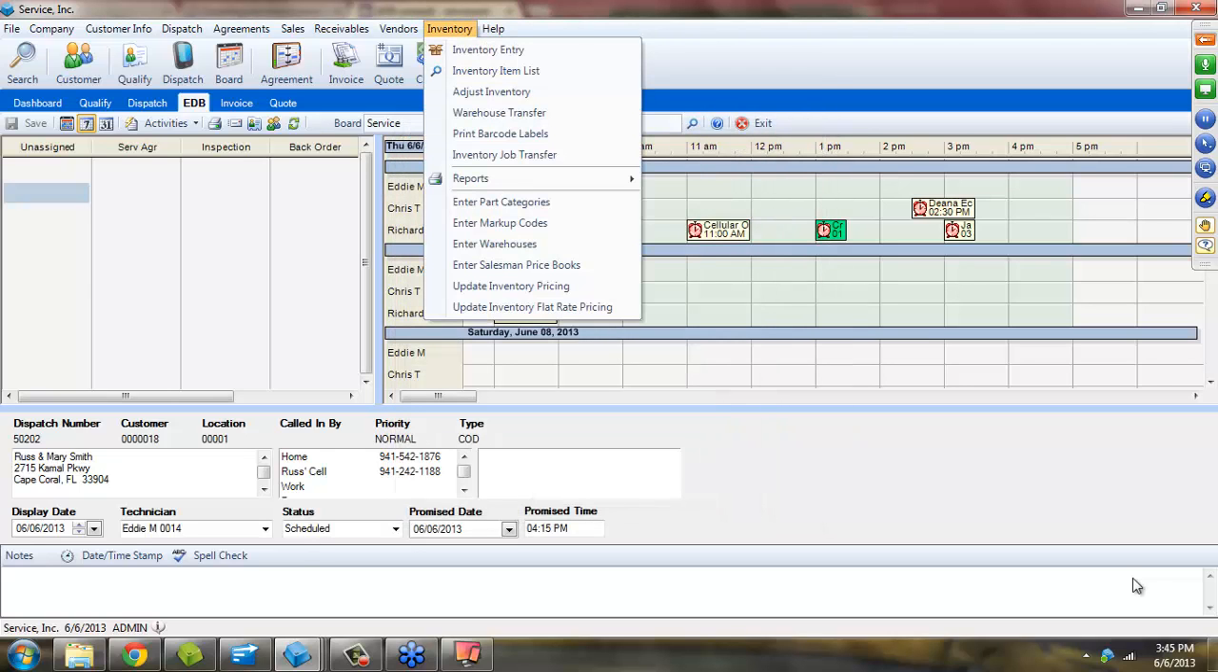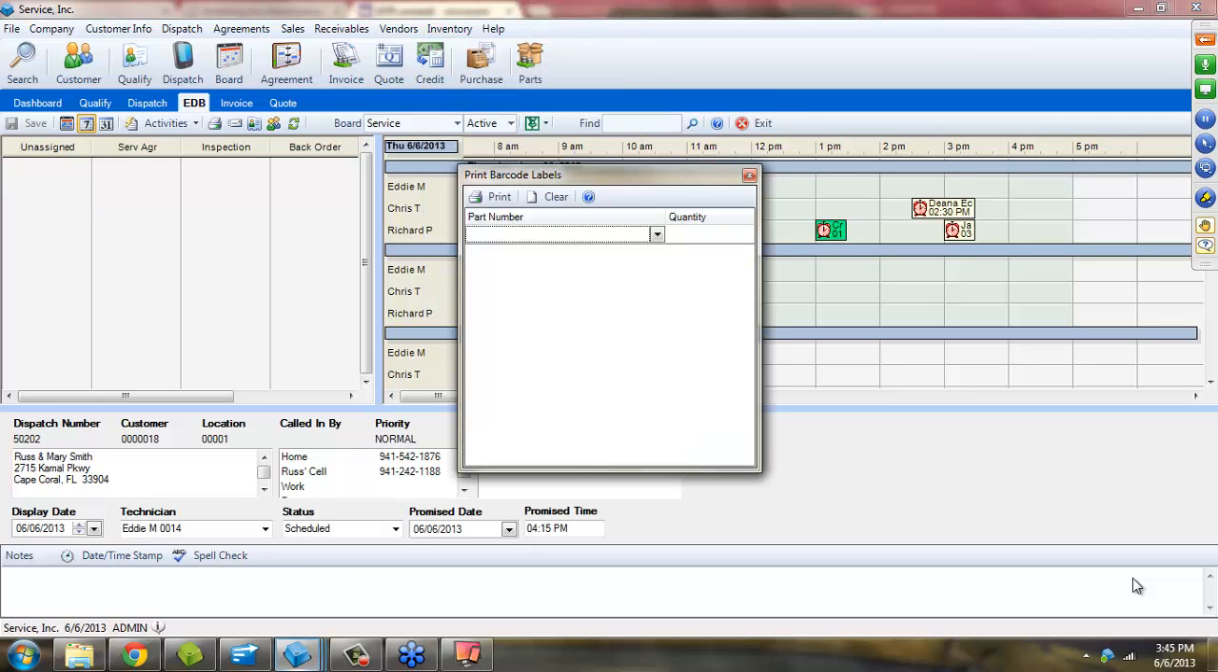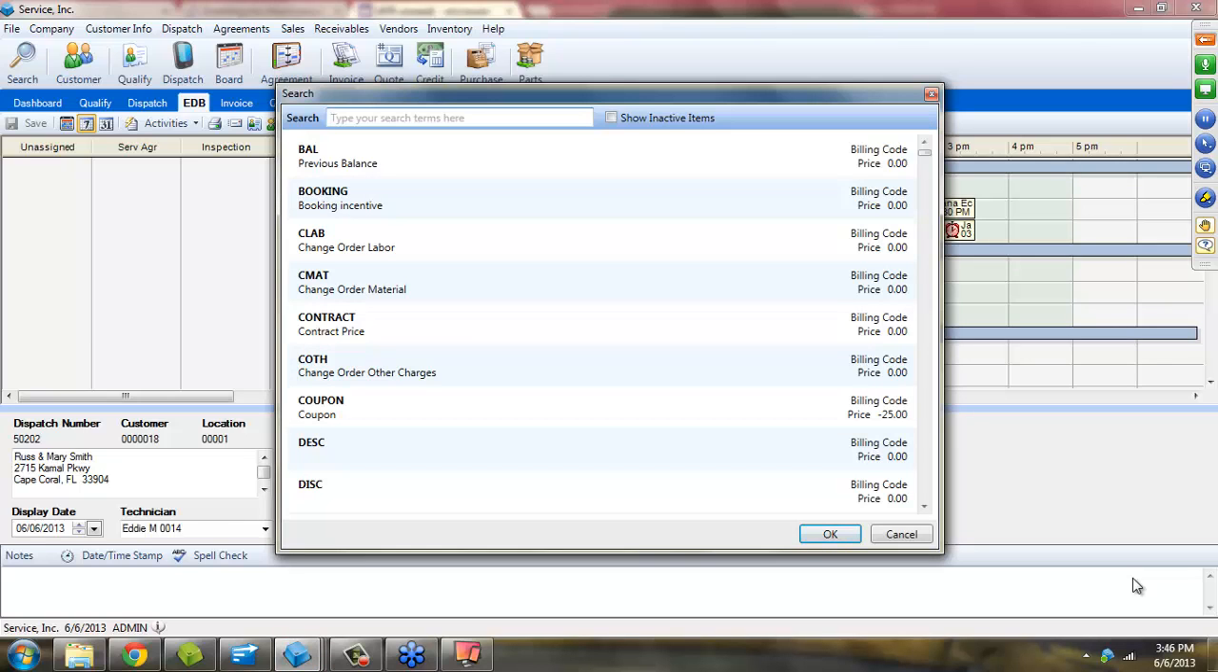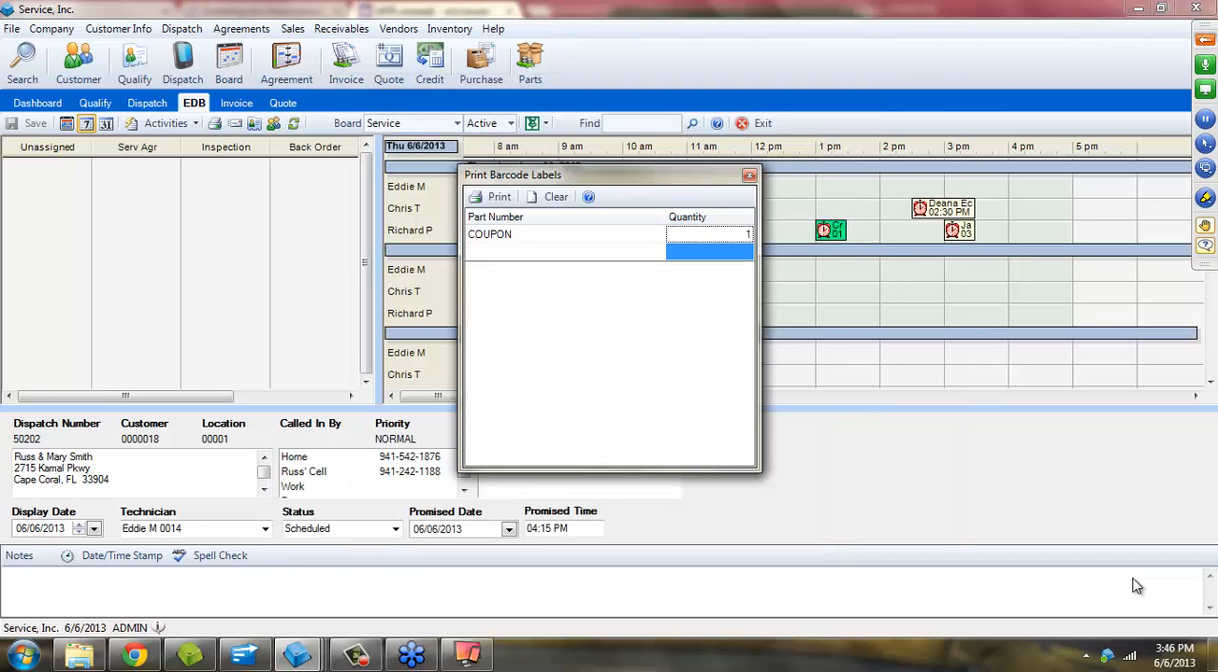I was talking about the QR codes and the barcodes a little bit earlier on, and just to give you kind of a breakdown on that, in ESC you can print those out when you're doing print barcode labels. So at this point we would choose the barcodes that we wanted to print out, and these could be anything from history codes to billing codes. It doesn't have to actually be a particular inventory item. It can be anything. So I'm just going to say, hey, this is my coupon code. And we're going to print out one of those,